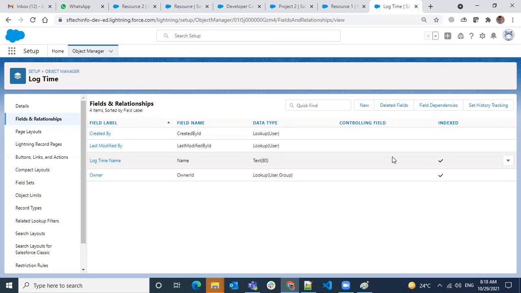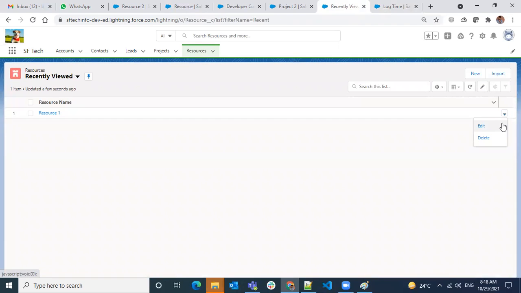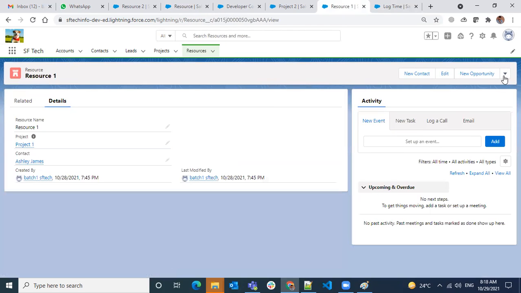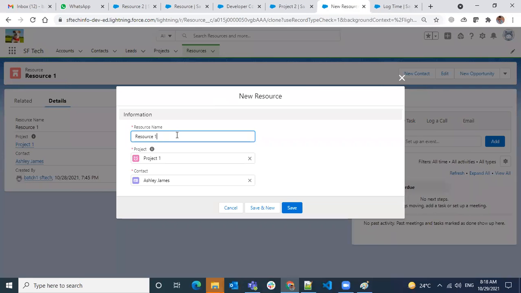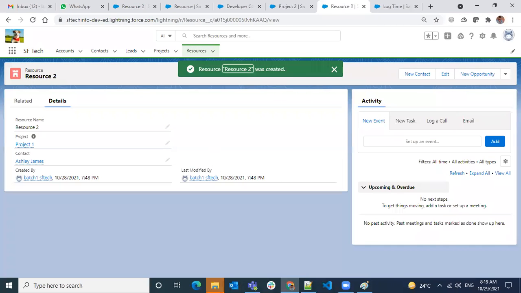Okay, deletion. When we delete a master record, we said the child records will also get deleted. For now I have only one resource, so let's create some more records for the same project one and see how it behaves when I delete it.